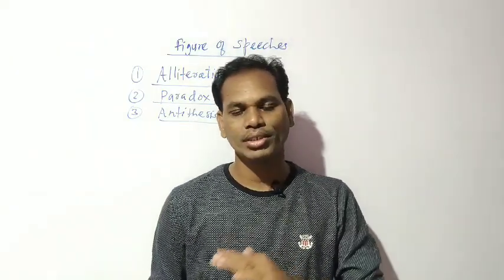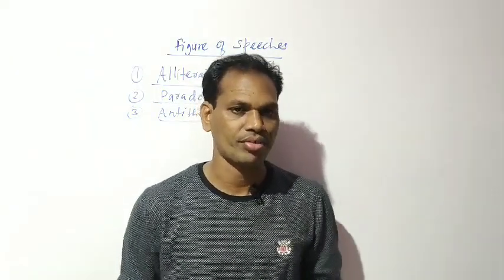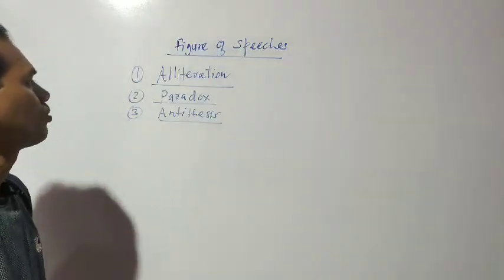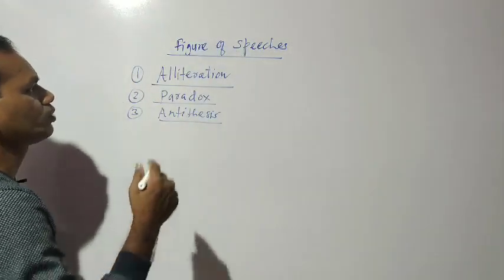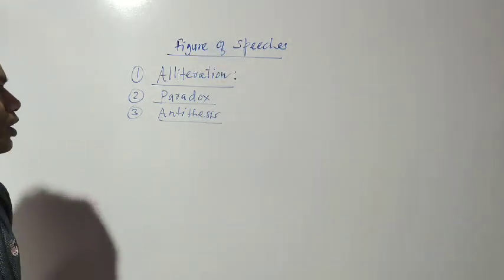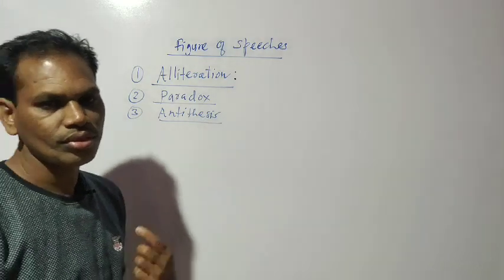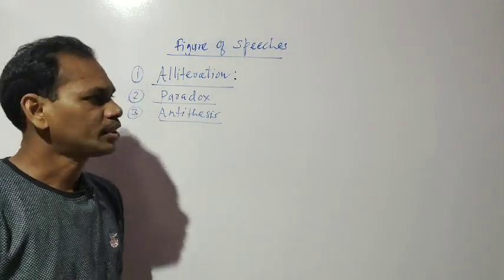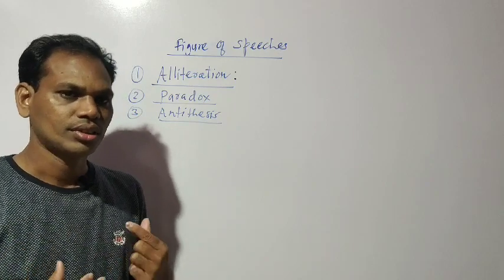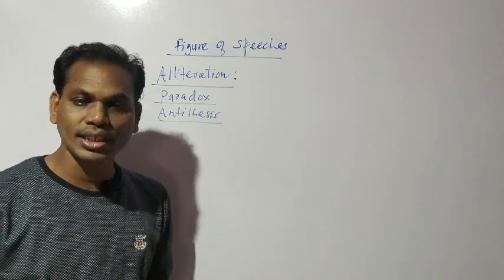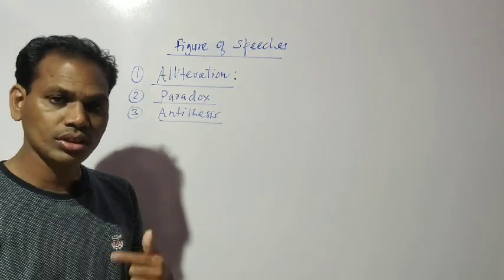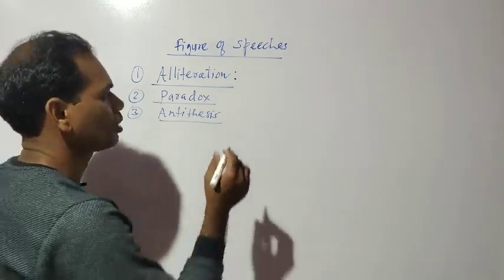By providing figures of speech in poetry, right? So here the first figure of speech that we are going to see is alliteration. You know that alliteration is when the consonant sound is repeated for pleasingly musical effect, not vowel sound but consonant sound is repeated. For example, the phrases like